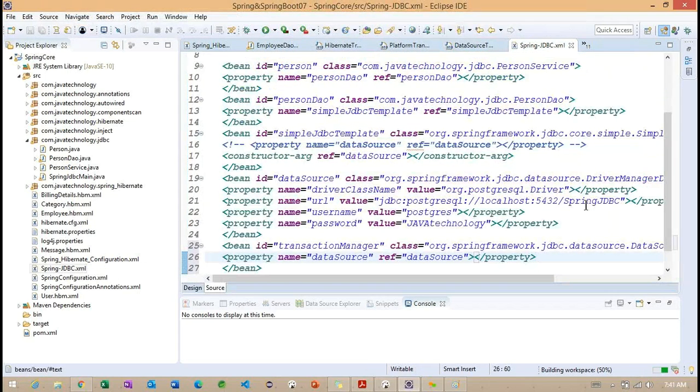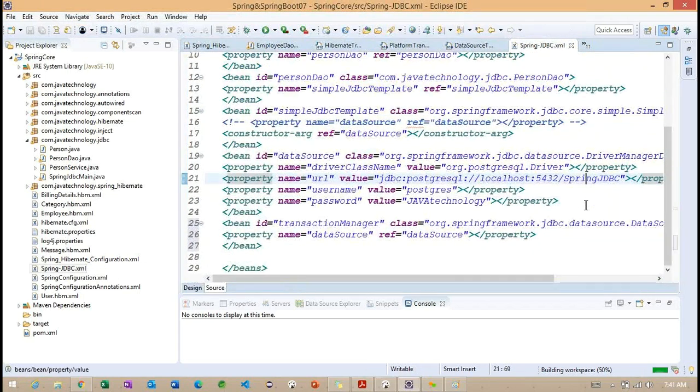Now what I'm doing is I'm trying to work with the transaction manager. So this is the way we can enable this transaction. Whenever we enable it here, we can work with the transaction commit and rollback.